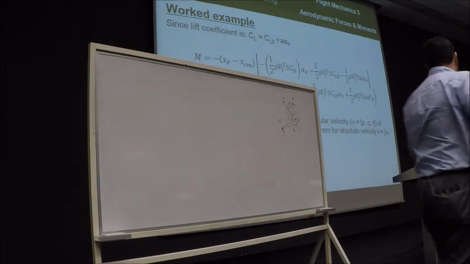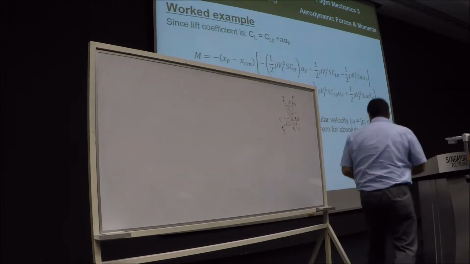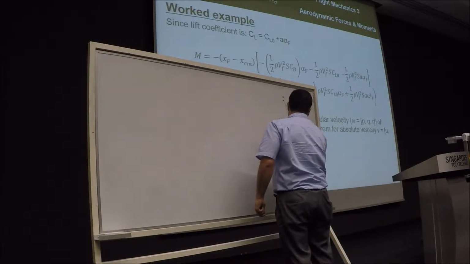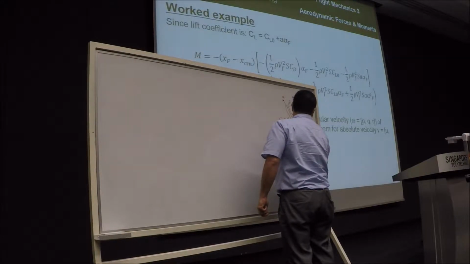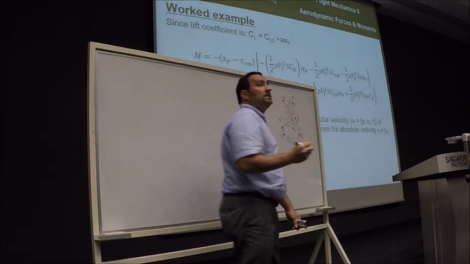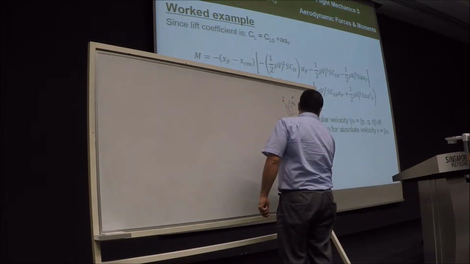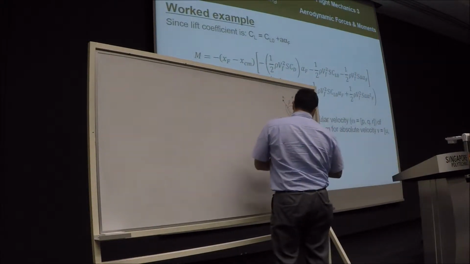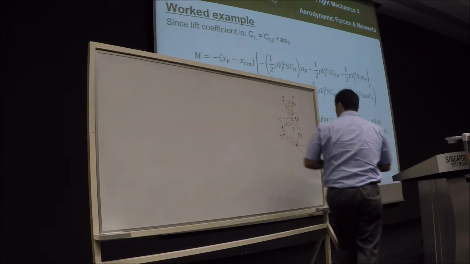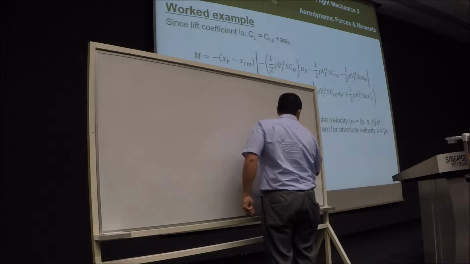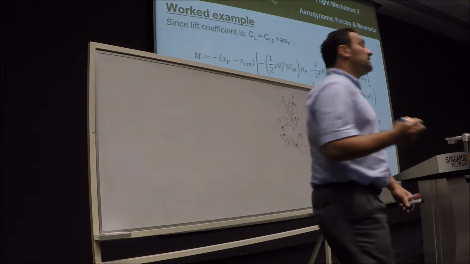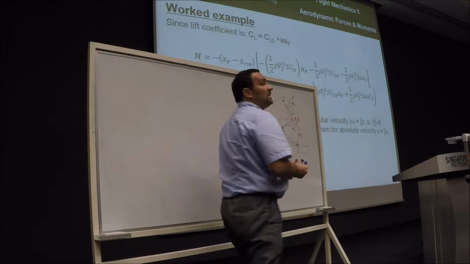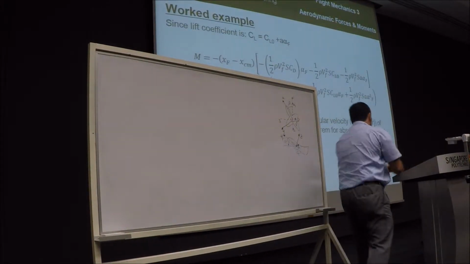Then we have a second rotation, which is in the X-Z plane. So here is X prime. This is Z, which hasn't changed. And then we have the axis Y coming out of the board. So the second rotation is alpha, the angle of attack, a rotation around the Y axis. Okay. This brings us to the final frame of reference,